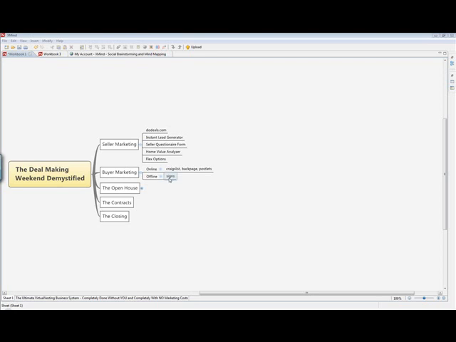A lot of the time we use printed signs, so we have them pre-printed. But for these types of deal-making weekends, we use handwritten signs because we don't know which property we're going to market ahead of time, and so we just use blank signs and then handwrite them. Handwrite them, put them on the stakes, and then put them out. So that's what we use.